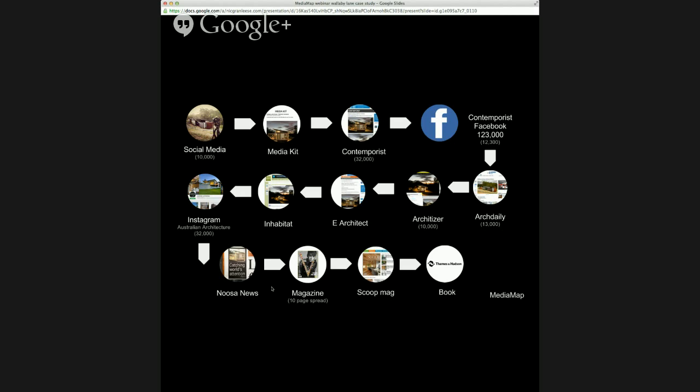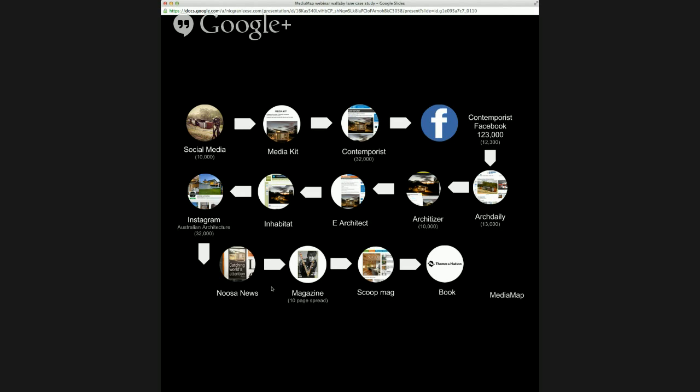What also happens from that is that you'll end up with a series of 2nd and 3rd tier blogs. The way I describe those tiers is basically that audience size drops. If we're talking about ArchDaily, you might get 13,000 people reading each post. Then you might drop off to a smaller blog, which might have 2,000 or 3,000 people. And then you'll drop off to blogs which have 20, 50 people. But they all build up layers upon layers of media around a project. And eventually Jolien picked up a national magazine, multi-page spread.